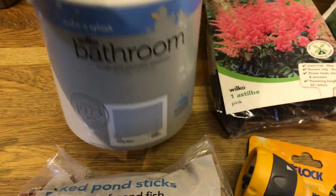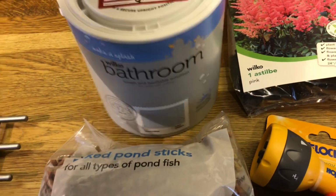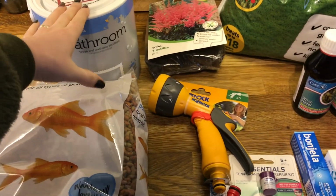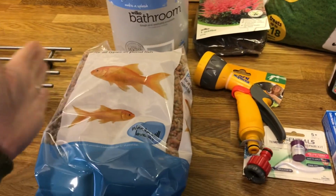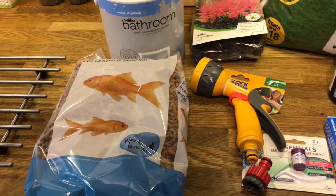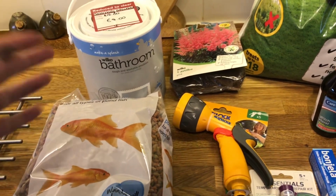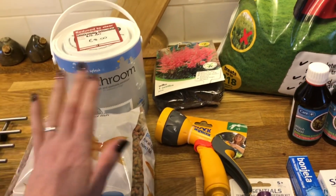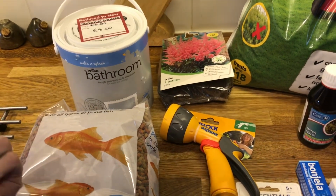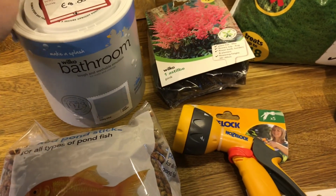It's bathroom paint. I quite like the grey colour, and I'll show you the paint in my bathroom. You know, I've been saying that I've got damp coming through on this side of the house where Danny's re-rendering. The reason he's re-rendering is because of the damp and everything that's coming through. So I'll show you what's happened to our paint upstairs. It's like mould and stuff is starting to grow on the walls and it doesn't look very nice. So he's repairing the side of the house, and then I'm going to want to paint it again after that's